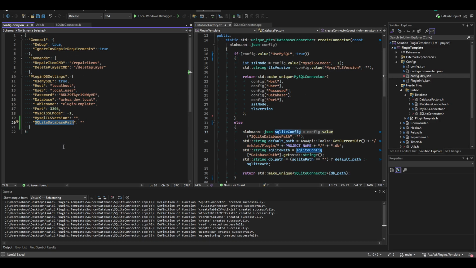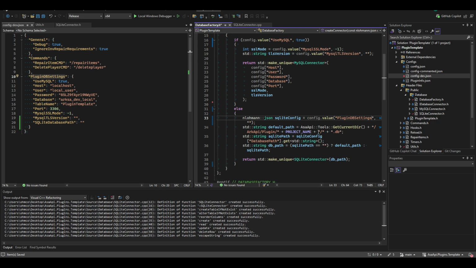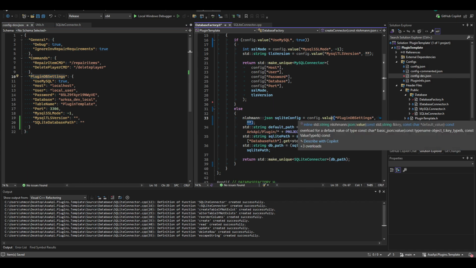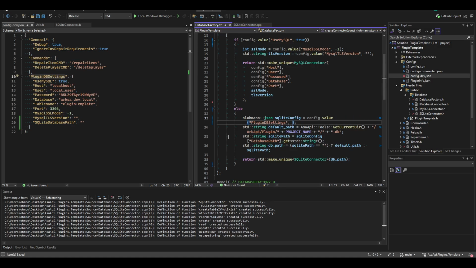So I have the whole config. We're gonna look for plugin DB settings, I think so. Yeah. And then for that matter, we're getting the config value as JSON. Should be like the value key, default value. Maybe like this. Because that's a JSON when you get the value, right? And then from here,